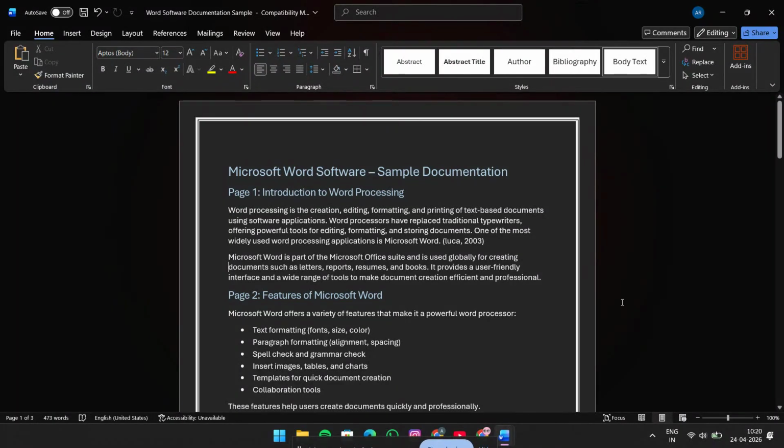If you want to remove a page border in Microsoft Word, this video will walk you through the quickest way to do it in just a few clicks. This is a really useful fix if your document has an unwanted border around the page and you want to make it look clean, simple, and professional again. Whether the border was added by accident or you no longer need it, the process is very easy once you